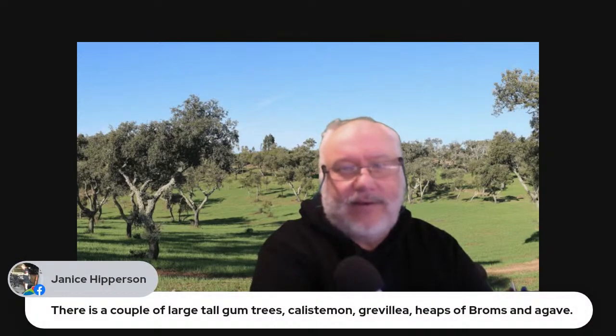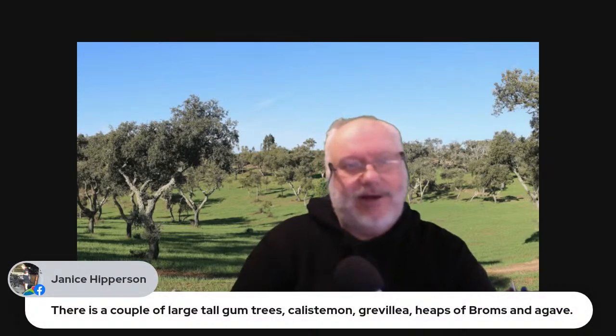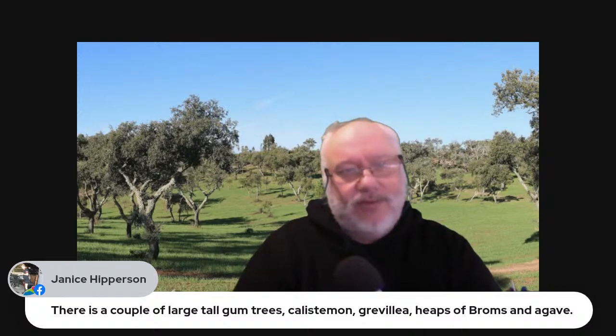If you are trying to discourage noisy miners, you want denser shrubbery. The benefit of that, if you do it that way, is that that's what most of the wrens prefer, and things like your scrub wrens and your thornbills do prefer a denser planting. Okay, Janice again. Large tall gum trees, callistemon and grevilleas, heaps of